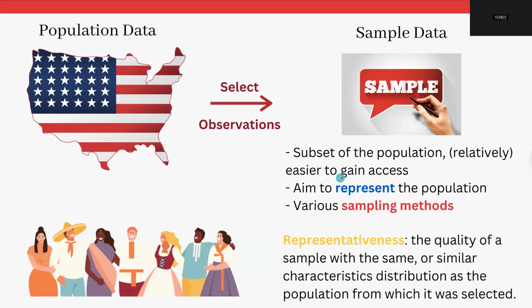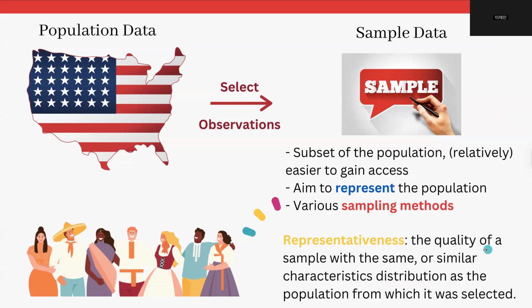So we are trying to make the sample representative. We are trying to have a very similar structure of gender and a similar structure of education, for example, and whatever specific characteristic is the aim of the research. So we are trying to have a subset of the population that is relatively easier to gain access to, because we don't have an infinite amount of money. So there are many types of sampling method, but in terms of the